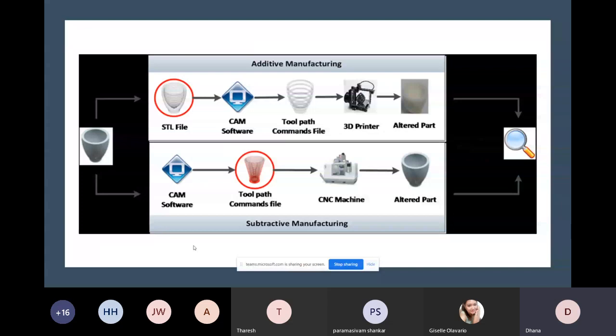Those G codes and M codes will be fed into a CNC machine, which will follow the codes and generate the part. So this is the difference between additive and subtractive manufacturing. In case of subtractive manufacturing, you need skilled labor, like for converting the tool path and to monitor the machine, you need a skilled machinist. In case of additive manufacturing, even the common man can do it with a 3D printer. It's just plug and play type.